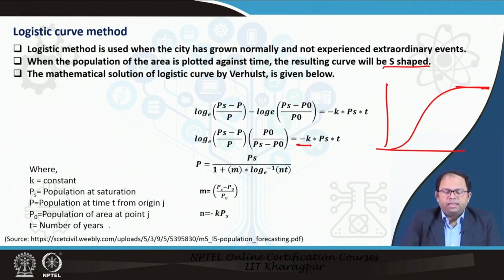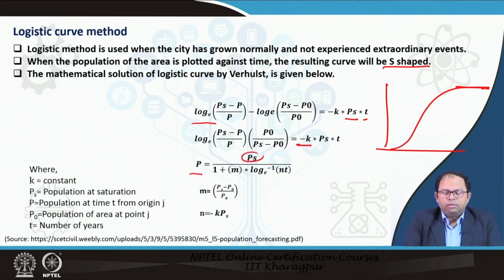Based on this particular equation, we take the saturation value into k and into time period t on this side, and we have the log values of both, Ps minus P divided by P, and minus log e of Ps minus P0 divided by P0, and we finally come to the point where P could be estimated as